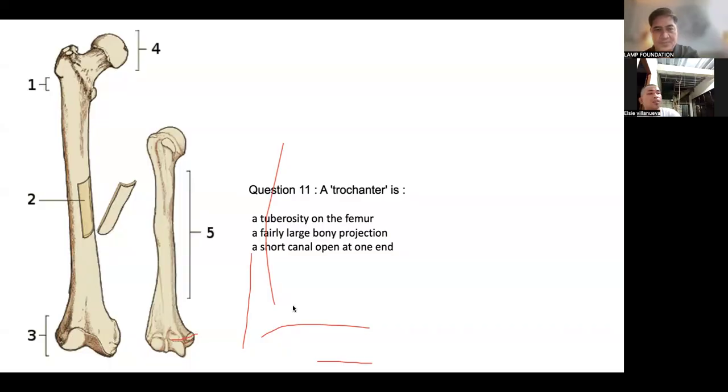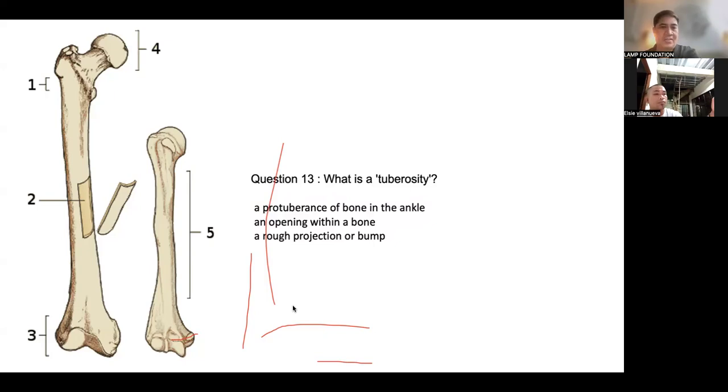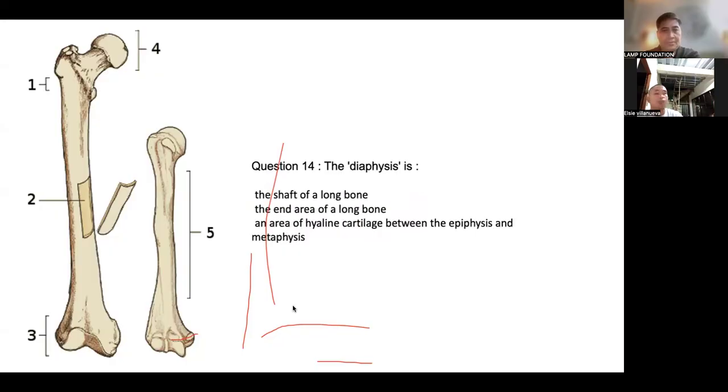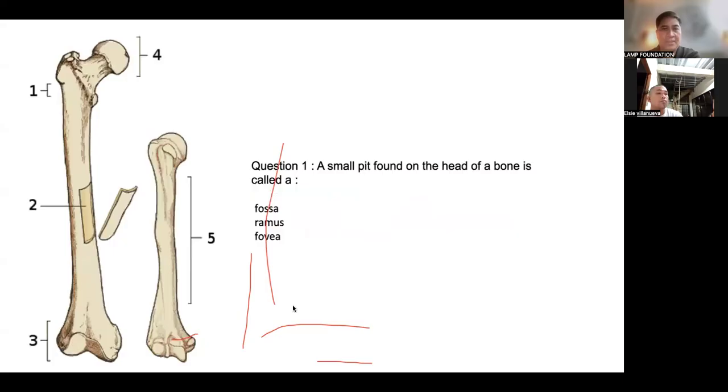a tuberosity on the femur. Tubercle refers to a small and rough projection or bump. What is a tuberosity? A rough projection or bump. The diaphysis is the shaft of a long bone. What is an epiphysis? The end area of a long bone. A small pit found on the head of a bone